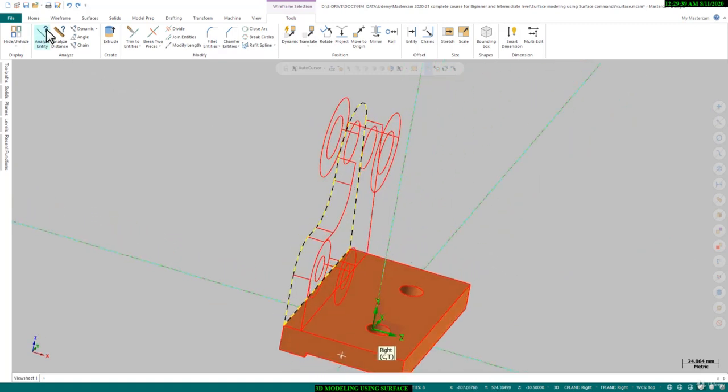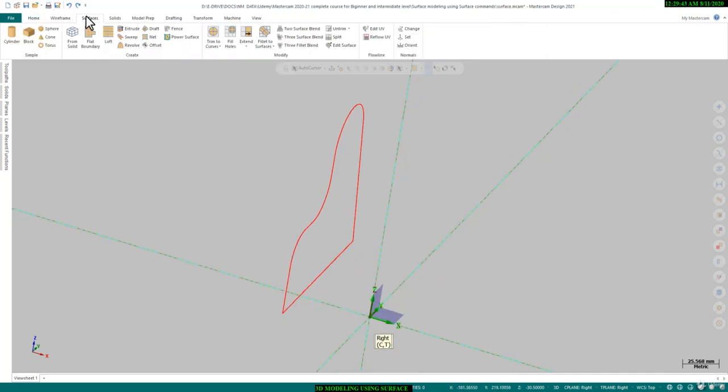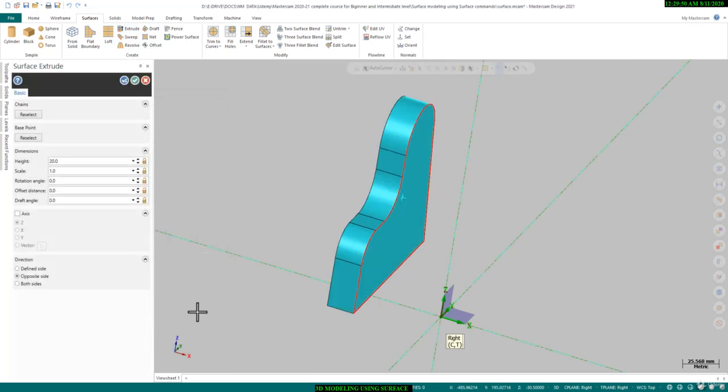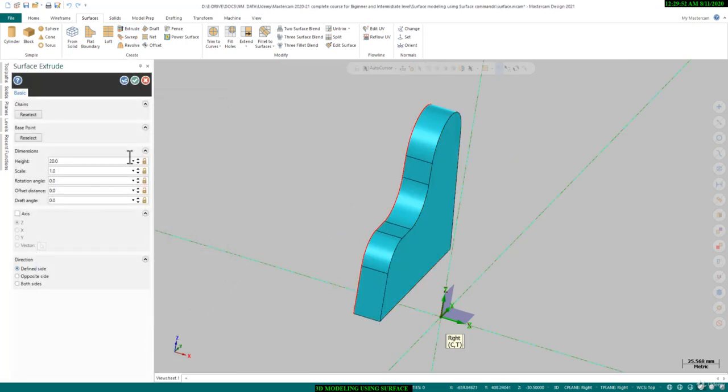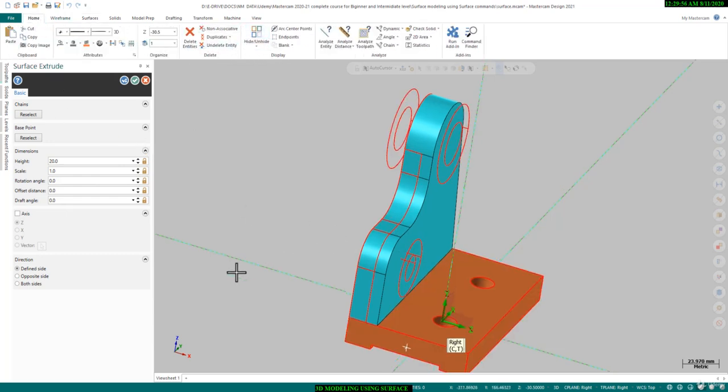Okay, so we will select hide, surface, extrude this curve, opposite side, go to the home tab and then unhide it and give the length. So this is the length, so the length is 12 mm. Okay,